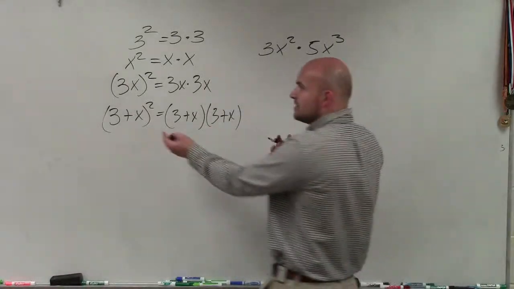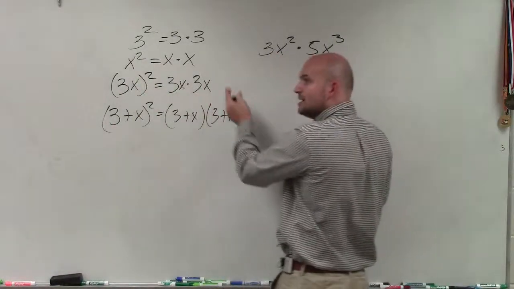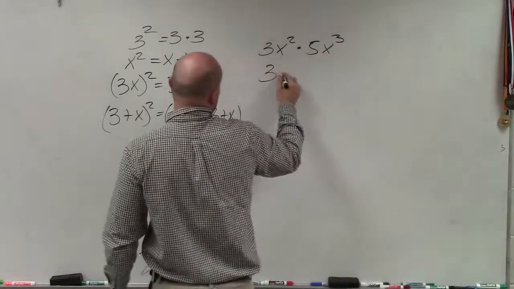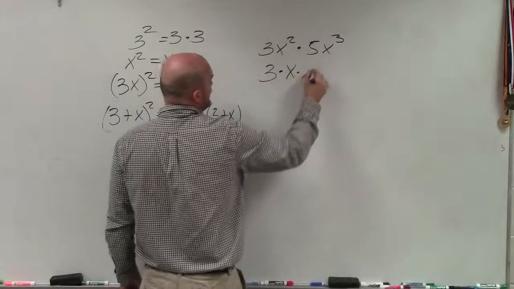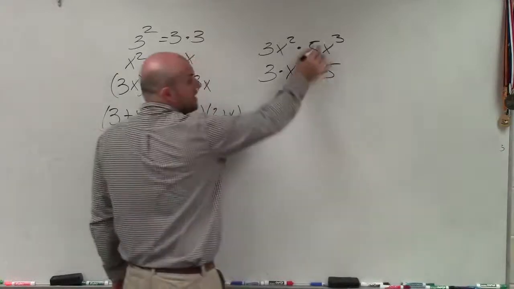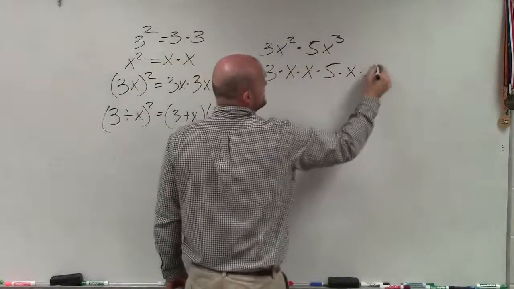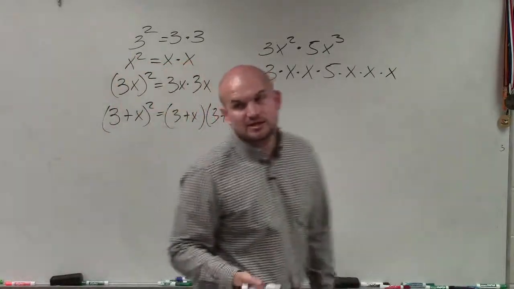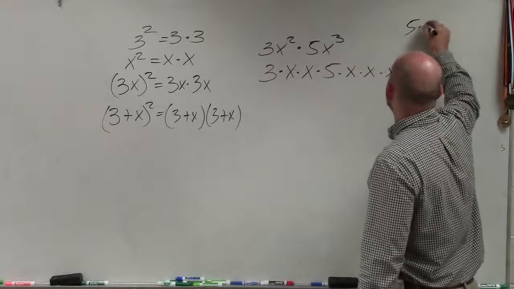But just remember, whenever you have anything squared, it's multiplied by itself. So let's rewrite this out. 3 times x squared would be 3 times x times x. And then x cubed then would be x times x times x. Everybody agree with me? The next thing about multiplication we need to remember is 5 times 4 is the same